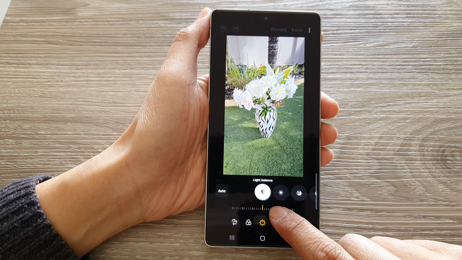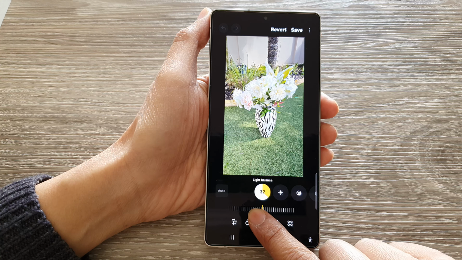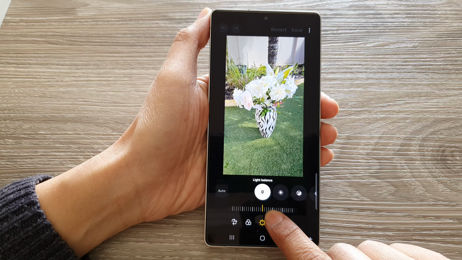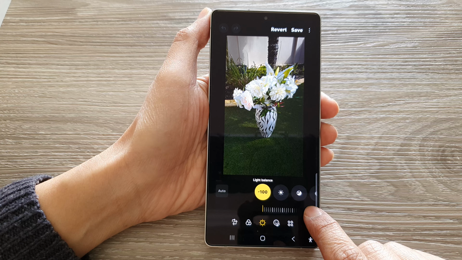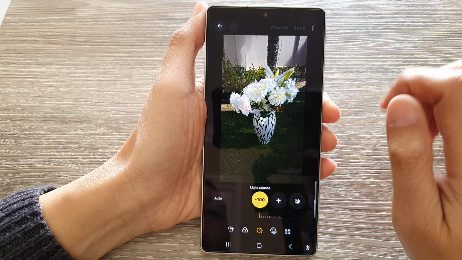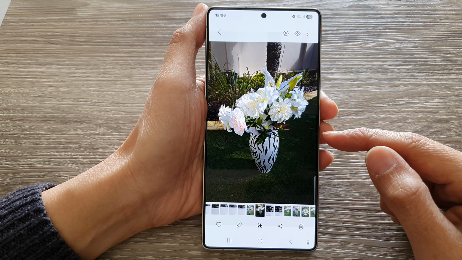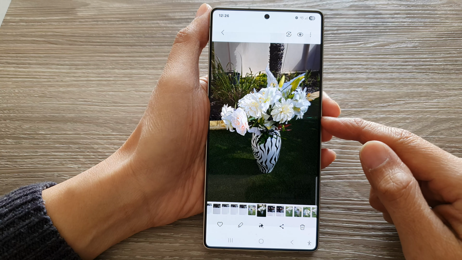At the bottom here is a slider bar. So here you can drag it to the left or to the right to increase or decrease the light balance in the picture. And then tap on Save. And that's it. So that is how you can increase or decrease the light balance in the picture on the